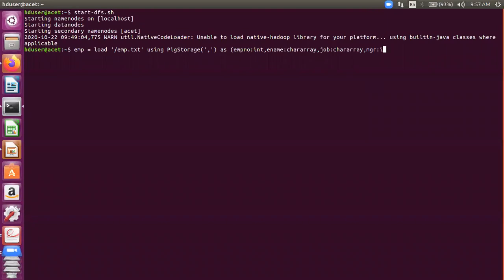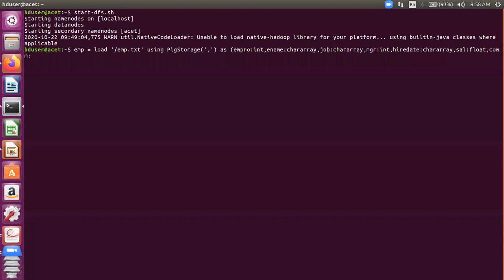Mgr as int, then sal as float. How many are there? Yeah, I think one we have missed here. Should be hire date. Hire date as char array, sal as float,